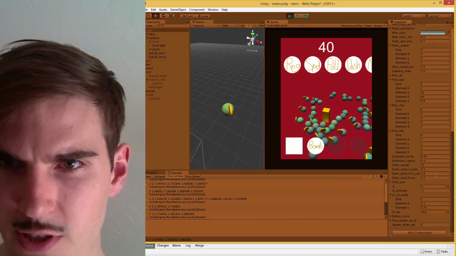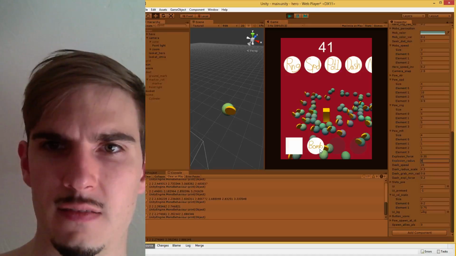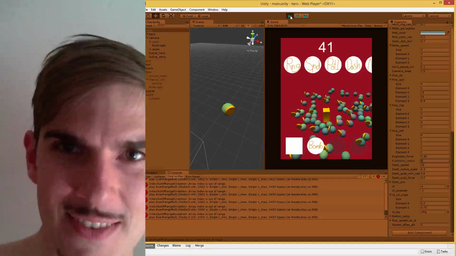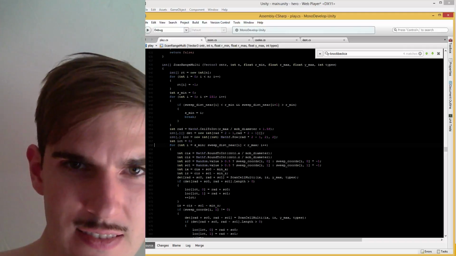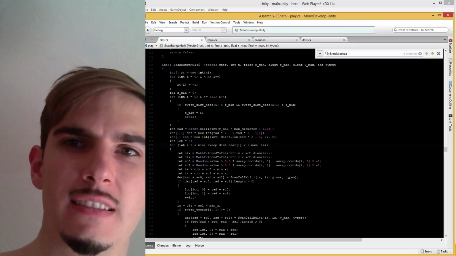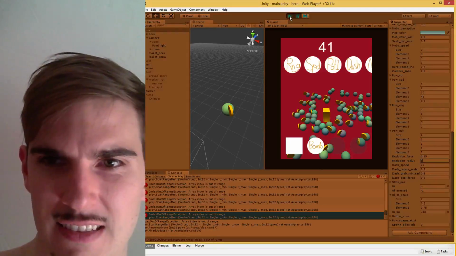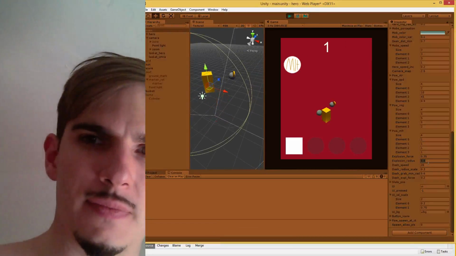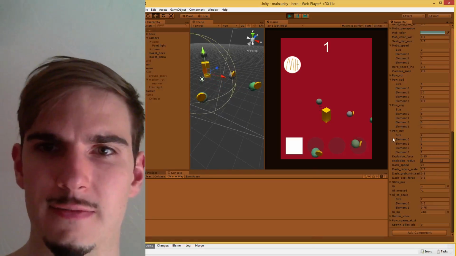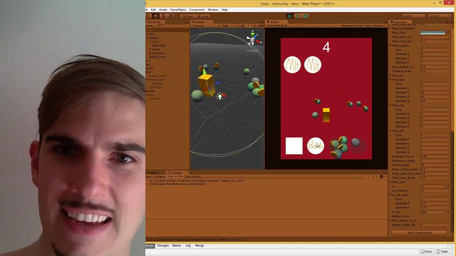Alright, what if the explosion radius were huge? If it were, like, literally 8. Whoops. Didn't like that. But okay. Yeah. Alright, so yeah, 8's too high. I'm not allowed to go that high. Yeah, how high can I go? I guess the maximum, if range is 5, then the maximum is probably like 3. So now bombs should blow up basically everything, all the time. And yet,